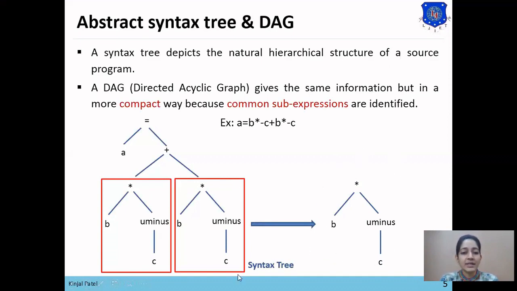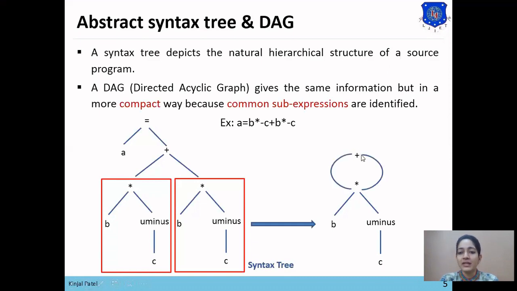Now here this B star minus C is being repeated, so we won't reconstruct it. We'll directly link the next operation with this constructed sub-expression. So next we want to add this B star minus C with B star minus C. So to add, plus is used.